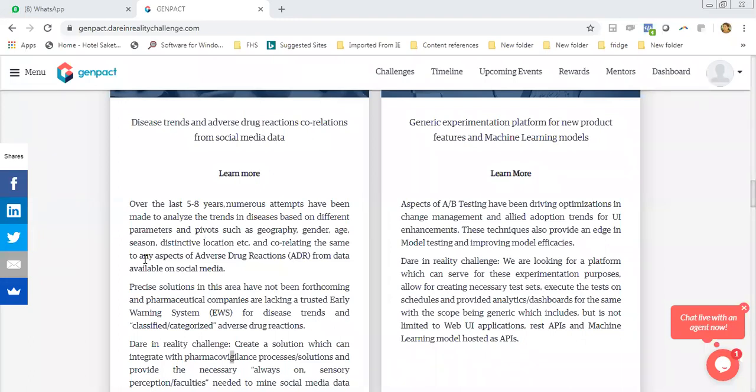And I'll tell you guys the reason why we are not looking at handwriting. See, we basically are looking at analyzing specific data available in unstructured form about drug reactions. Now, if we are talking about the scope of handwriting, what does it really mean? It means that somebody has written some stuff by hand. You're going to translate that to a level of precision into English, and then you're going to do the same thing. And the whole handwriting piece can be a third-party component which can just do this job.